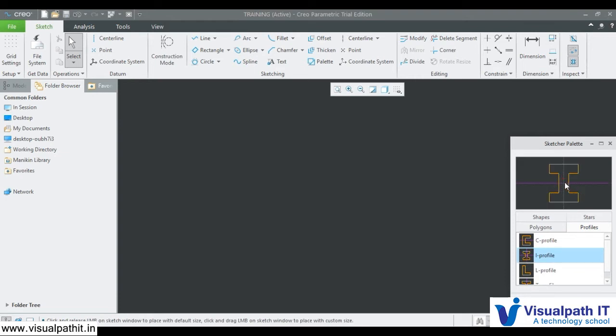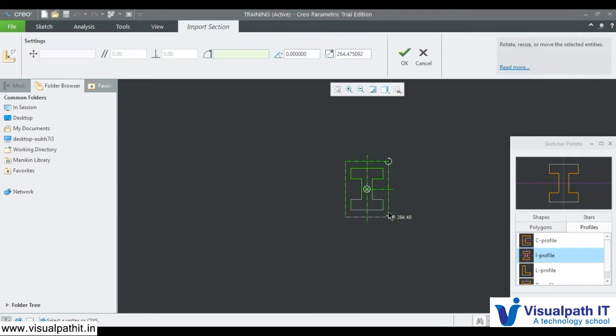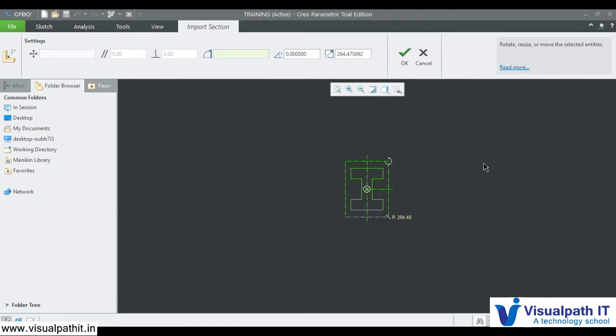So this is a sketcher. This is how I want the profile. Now I just dragged it here and it created.